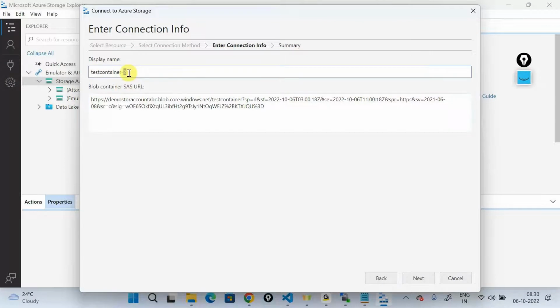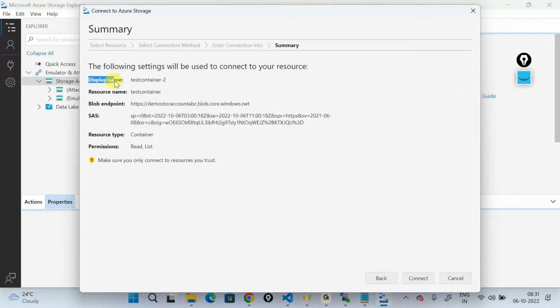Again, this is a display name. It can be anything. It can be ABC, XYZ, whatever it is. This is for your own convention. And here it is taking test container-2, because I think I already have a couple of containers with the name test container attached to my Storage Explorer. I'll say next. I'm good with that. It's telling this is the display name. This is the resource name that you're connecting to, called test container, which is a part of this particular storage account